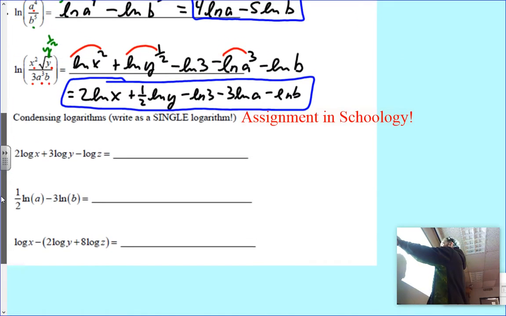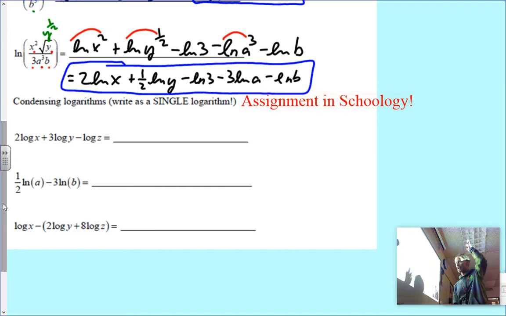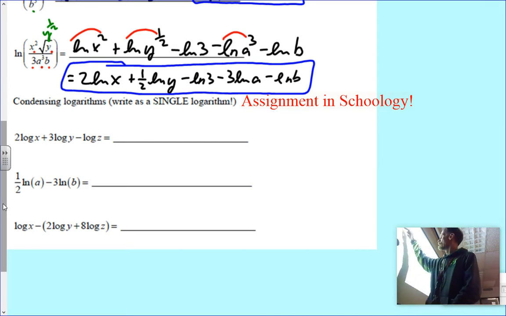And by the way, if you need to go back and write those rules down so you have them on a piece of paper while we do these, you can certainly do that. For condensing, the thing to remember is your answer is going to be one single logarithm. Before I do the actual condensing though, anytime you see a coefficient, remember we can reverse the power rule. If we see a coefficient, it can become a power. So I'm going to